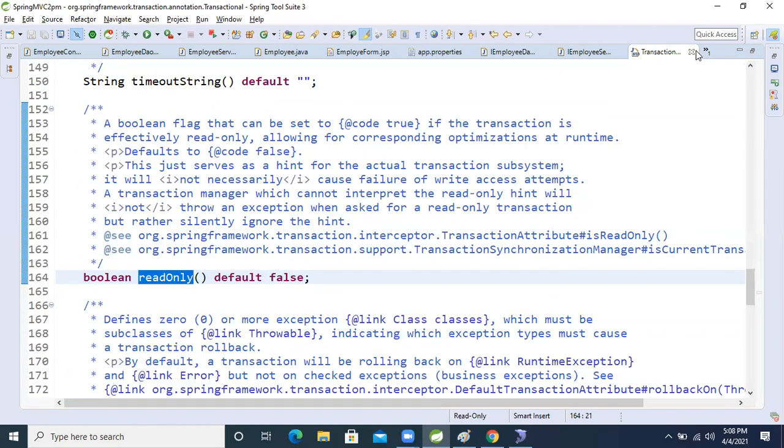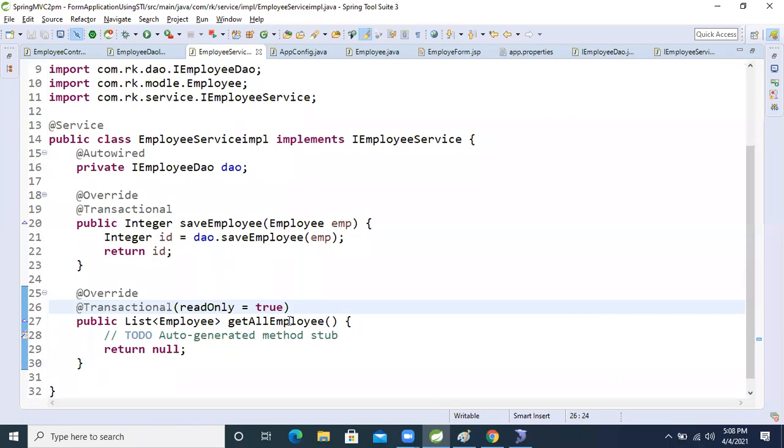Whenever we perform a select operation, we make this true, then we can work on it.